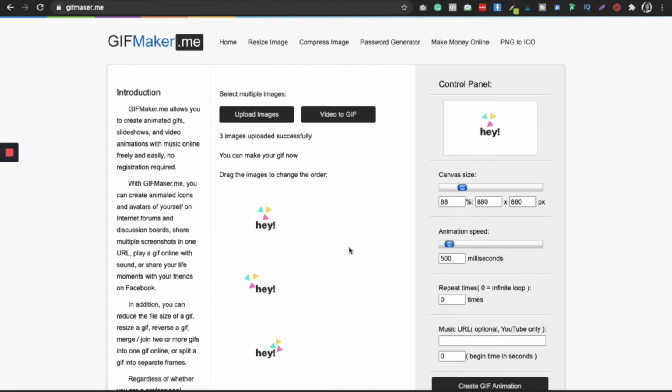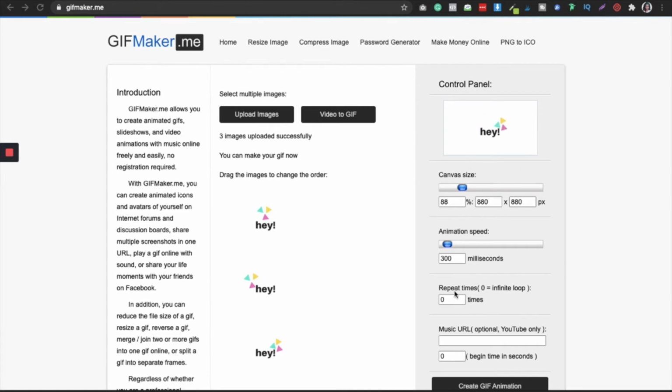If I want to change the speed, here it is 500 milliseconds. If I want to change the speed, I can do that. I can simply change the milliseconds button over here, and you will see that it is getting slowed down, right? I don't want that kind of slowdown, so I will just change, and I think it's good, like the 300 milliseconds one. It looks good to me.